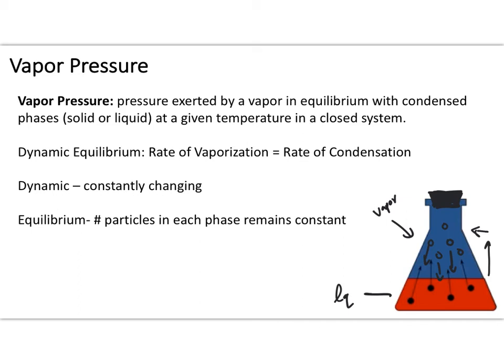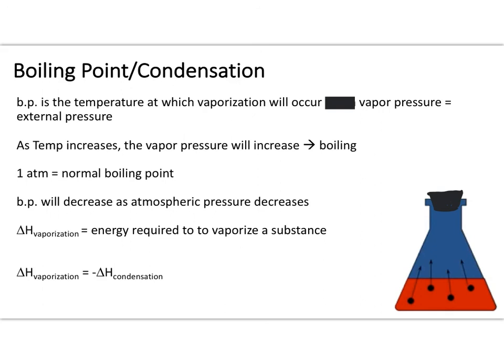So the consideration of vapor pressure, of course, is going to be important for certain phases of matter. Boiling point is the temperature at which vaporization is going to occur when you are heating a substance. Boiling will occur when vapor pressure is equal to the external atmospheric pressure. As you increase the temperature, the number of particles being released above the liquid is going to increase. As that increases, the vapor pressure increases, and once the vapor pressure, again, is equal to the external pressure,